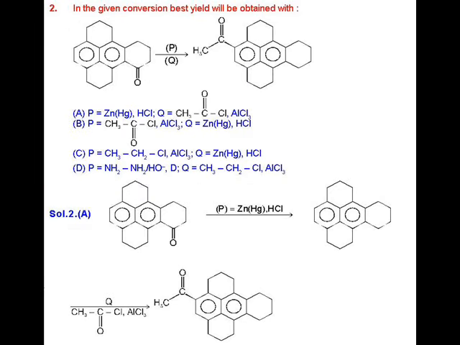Question number 2, MCQ, that how will we bring about the following conversion. In this case, a Friedel-Crafts acylation reaction has been conducted on benzene ring. So for this, first of all, we should reduce the C double bond O by using a Clemmensen reduction method, and then we should bring about Friedel-Crafts acylation, and that will increase electron density on benzene ring and benzene ring will be more activated. The given ring is rather enough.